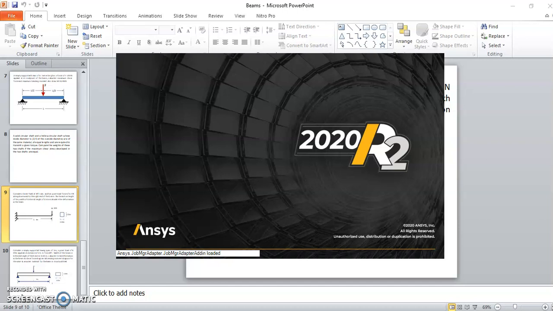The files are loading and it will open the window in some seconds in front of you. You can go with the instructions at the bottom of this ANSYS 2020 R2 version. You can check. Once it is ready to open, it will give the message and it will open the window.